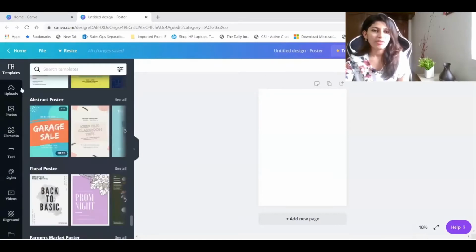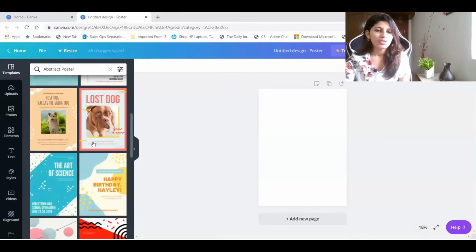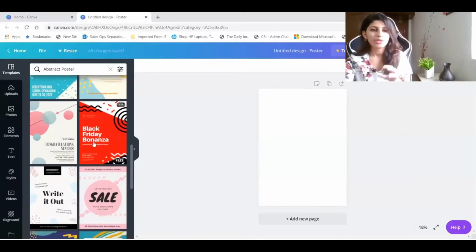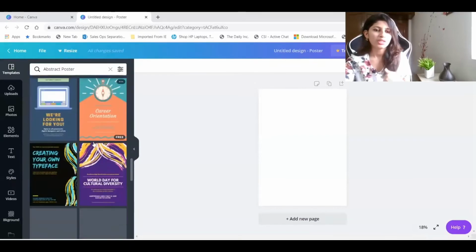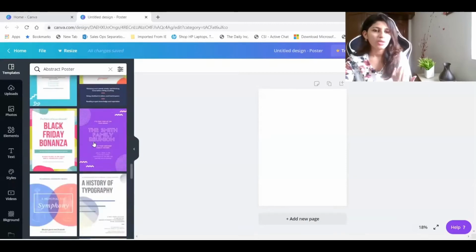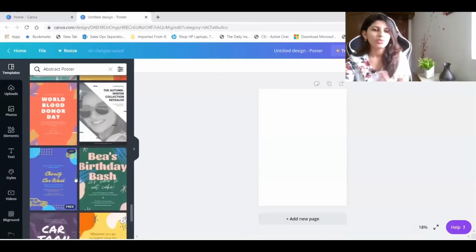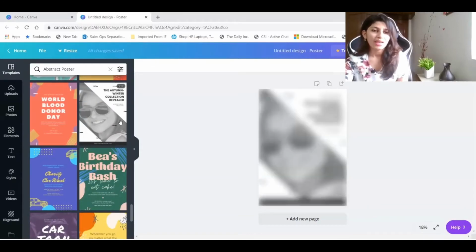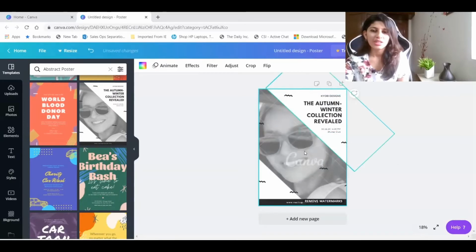So let's quickly dive into a sample scenario template. Imagine I would want to do an abstract poster, right? Even in the category of abstract poster, you have these different options that you can choose from. Just browse on, and in case you like any of the posters that you want to replicate, you can choose that. Imagine I really like this one, and imagine I want to edit this specific poster, and redo this poster as a new video launch.